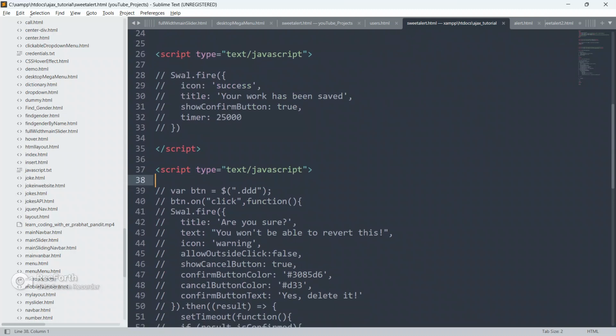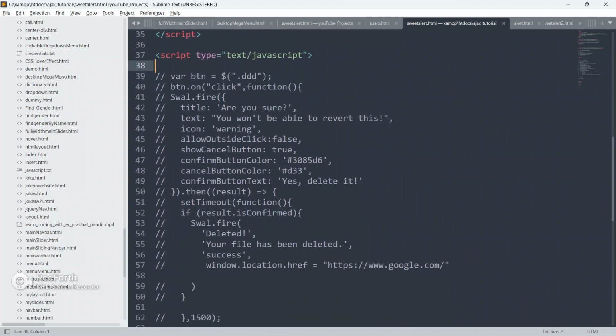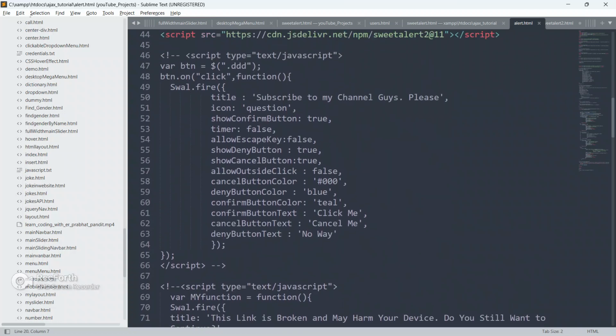I will give each and everything to you. I will give some extra classes also. You will love this SweetAlert, I'm sure. Just be here till last.